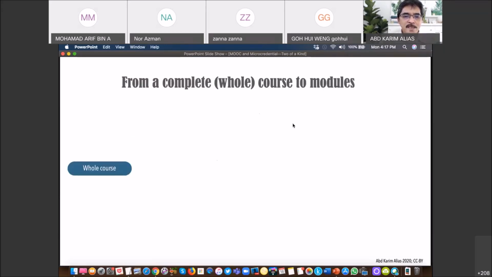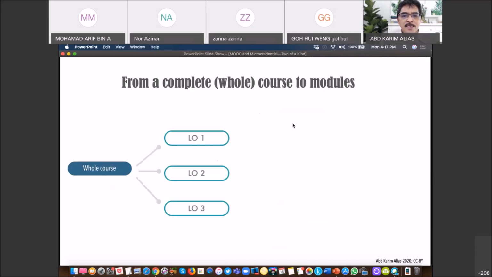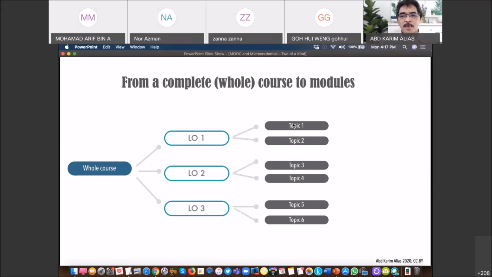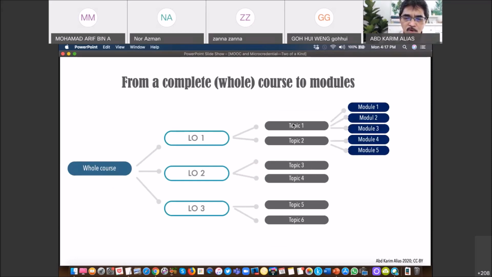For a micro-credential, you start from the whole course. Let's say you have 3 learning outcomes, and you have topics, and you break down the content of the topics into modules. So it's actually modularization of the whole course into modules, which you can offer as a standalone